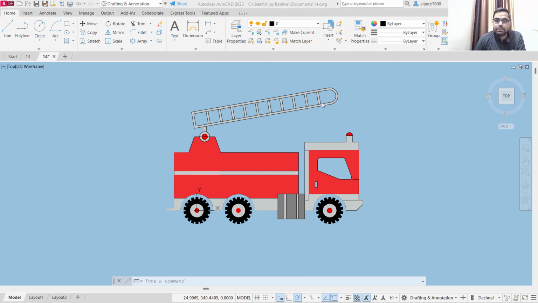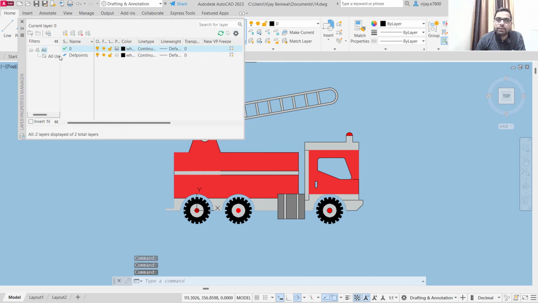So let's create another layer named dimension. You can simply create it from layer properties, or there is a shortcut, that is Alt N. So use Alt N for a new layer. You can create a new layer. So this is the shortcut. So press Alt N. Let's see. Okay, it's not working here. Now create a layer, name this layer as dimensions,